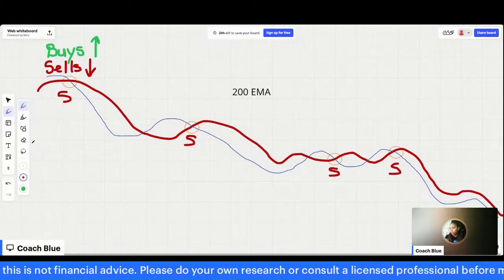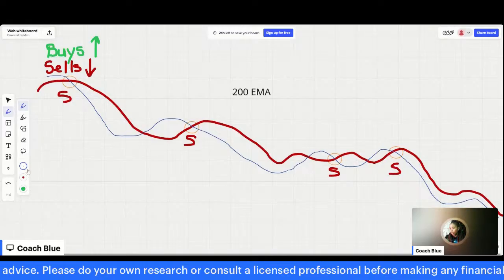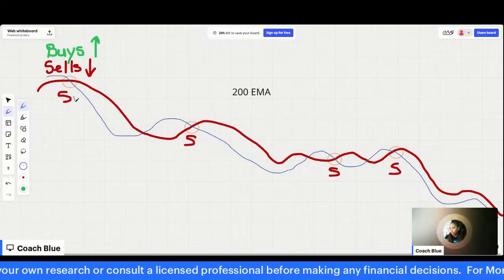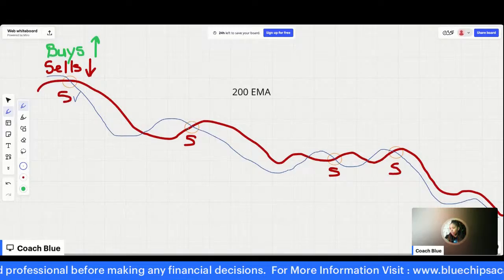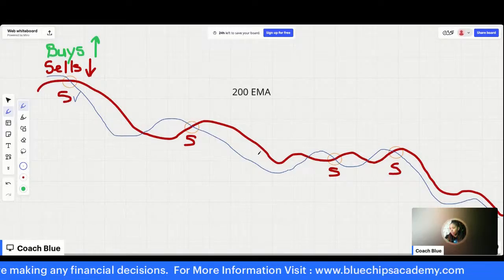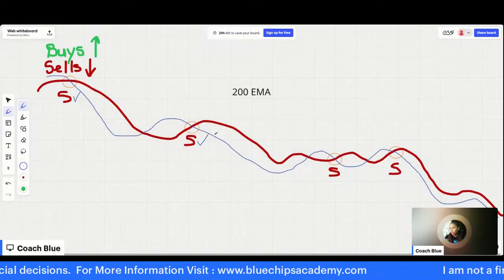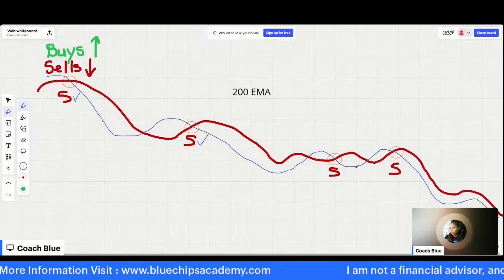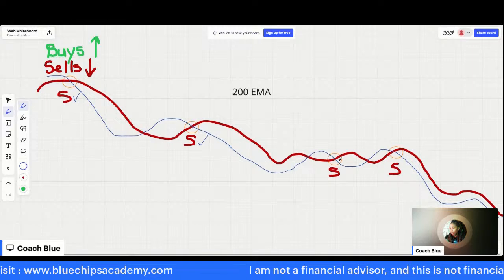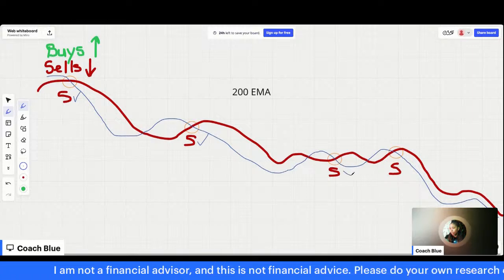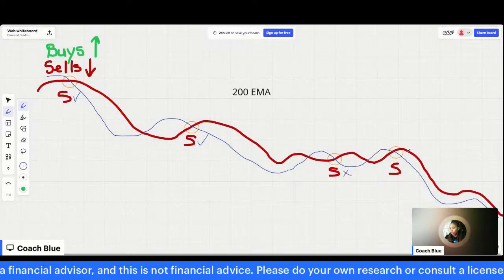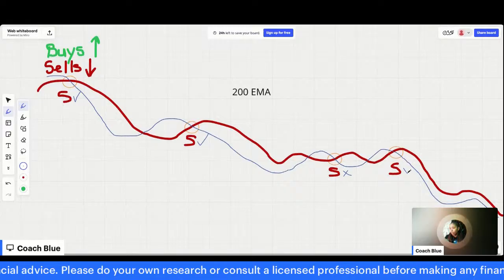Here's a sale. Okay, and if we're tracking this, we can see this was a win, a nice drop to the downside. Price crossed over again here. This was a win, a nice drop to the downside. This one may not have been a win because the move was very short here. As you can see, the market moved a little sideways, so that might not have been a win. But this one here, that moved to the downside, that was a nice win.